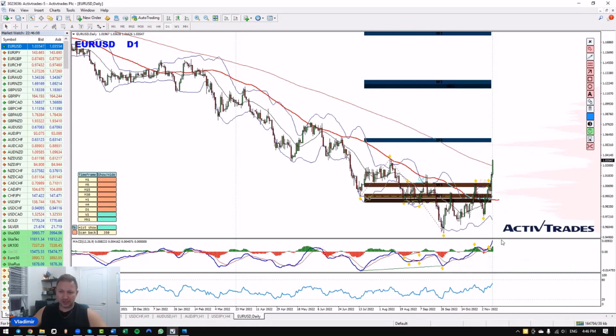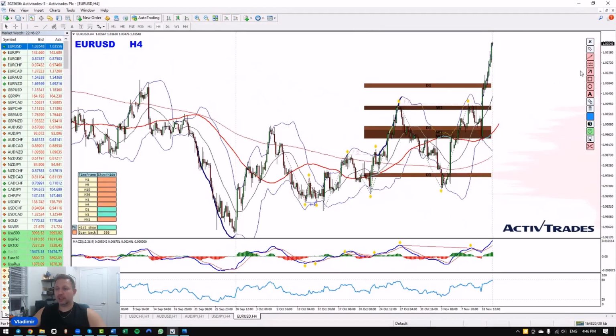The MACD screams upside. The RSI screams upside. The currently tested resistance could become very easily, a sweet memory, broken and then become a support before the continuation. And this is exactly what I would anticipate from the euro dollar. Taking a look at the first leg and the pullback, I would expect to see here this to be a second leg pullback and